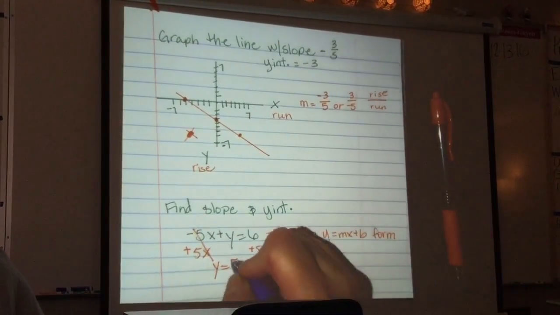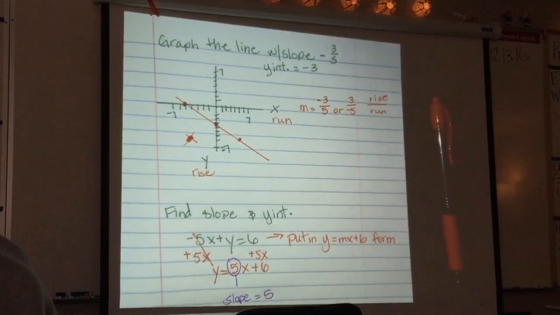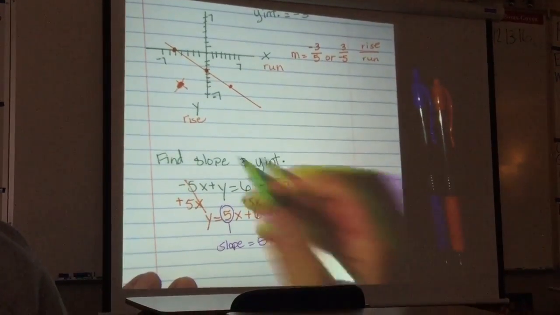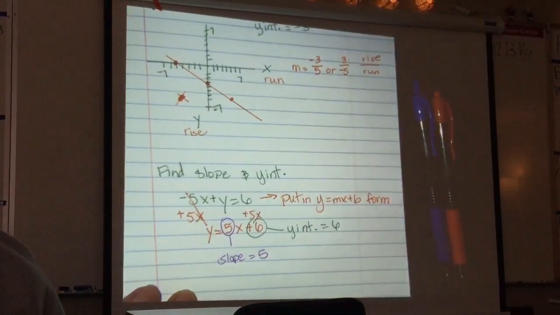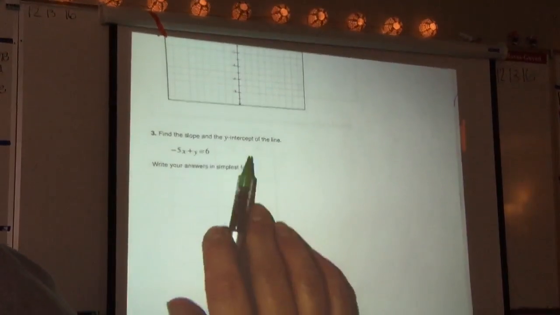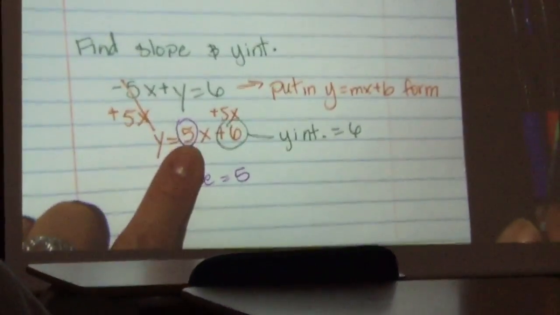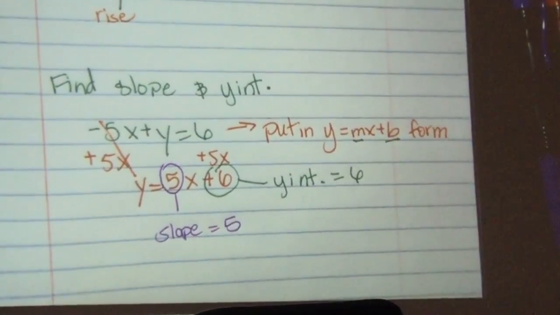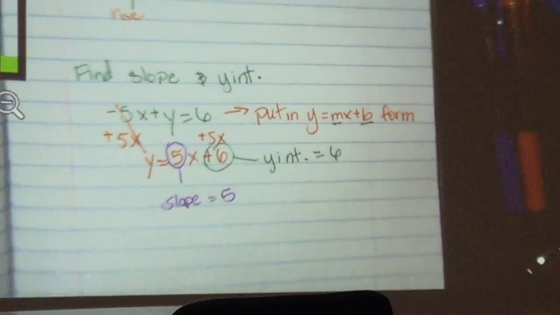Slope, y-intercept. Does that make sense? That's it. That's all you're doing. So when it tells you something like that, find the slope and the y-intercept, change it to the form. The slope is where the m is. The y-intercept is where the b is. Slope, y-intercept. Make sense? Yes. So if you guys need to take a picture of this one,